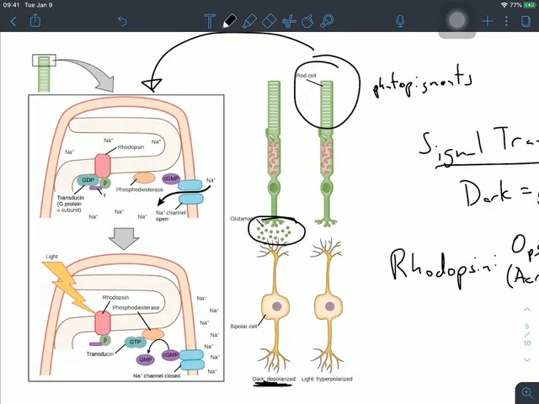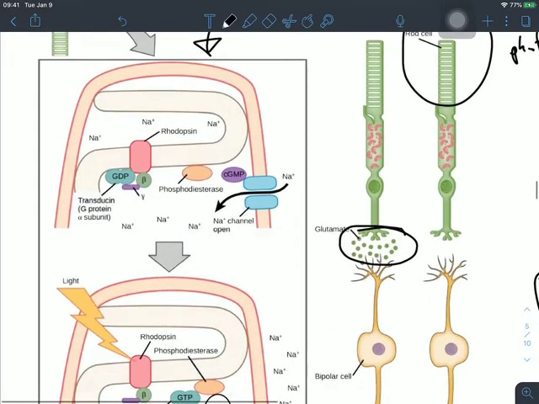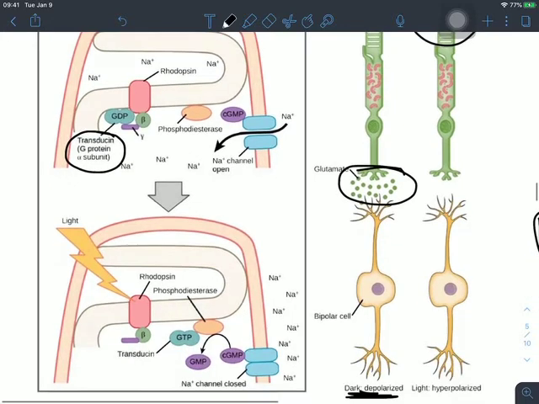So what happens here is that light will come in, hit the rhodopsin. When the rhodopsin is hit, it changes transducin, which is a G protein, that will then go and impact phosphodiesterase. So you have phosphodiesterase and transducin interacting with one another. It hits the phosphodiesterase with a GTP molecule, so not ATP, but guanine triphosphate, and that GTP will then cut